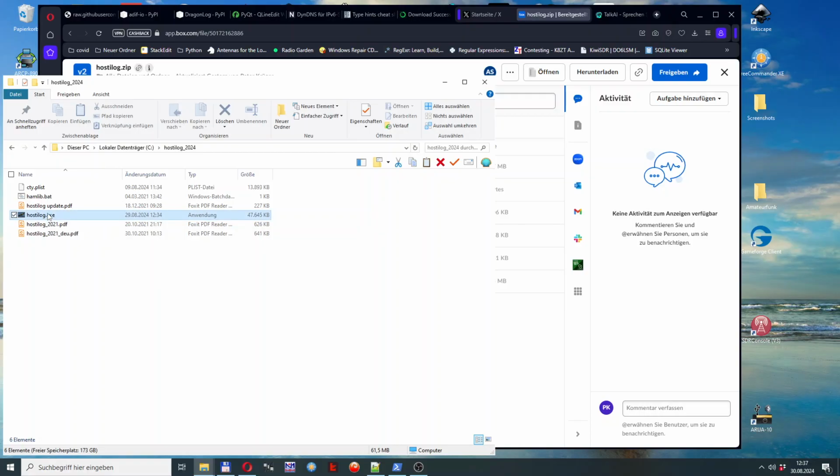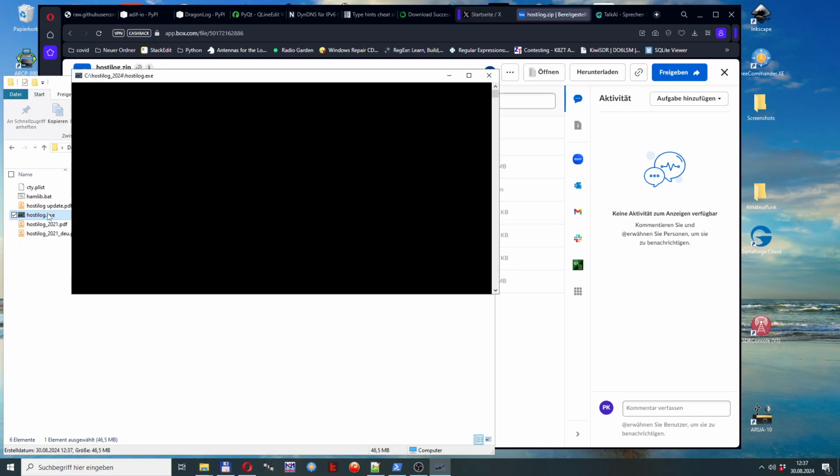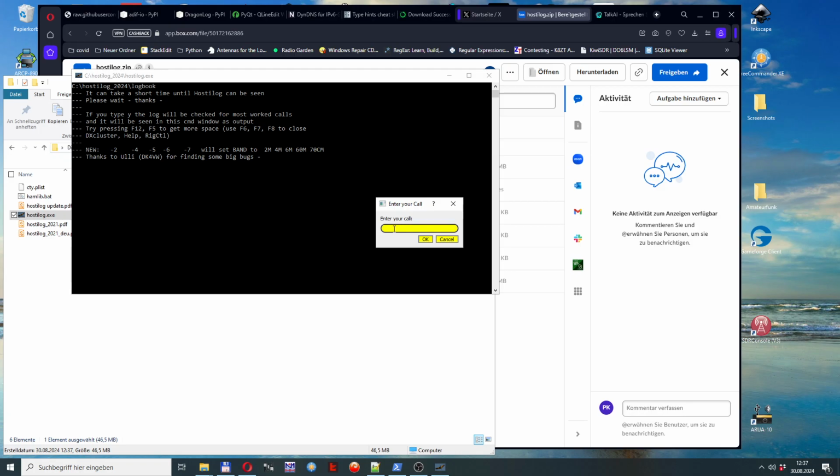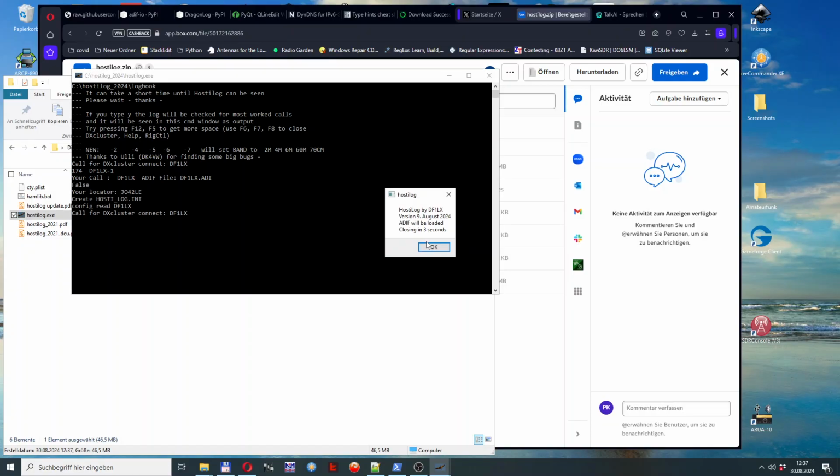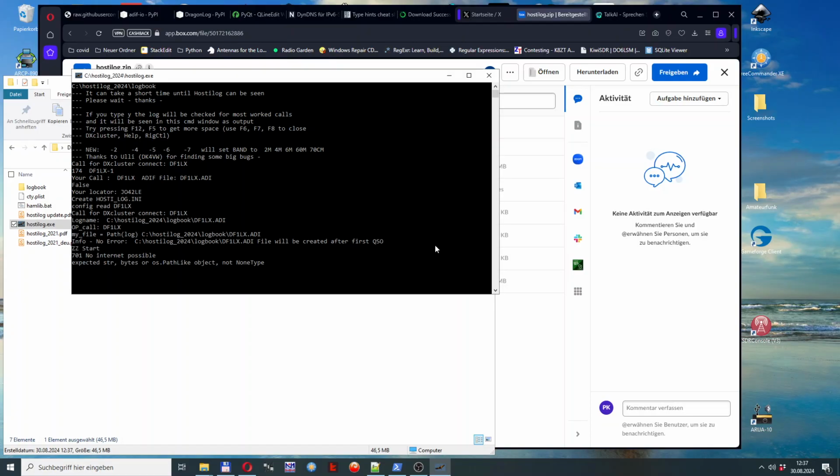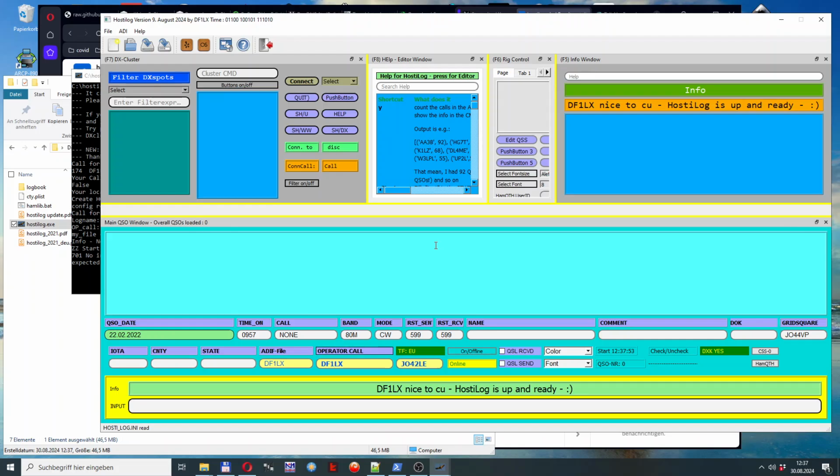Start by clicking on Hostilog exe. It will create an update, an ini file, and so on. You have to enter your own call, for example, DF1LX, your locator, JO42LE. Now it will take 3 seconds. Now you see